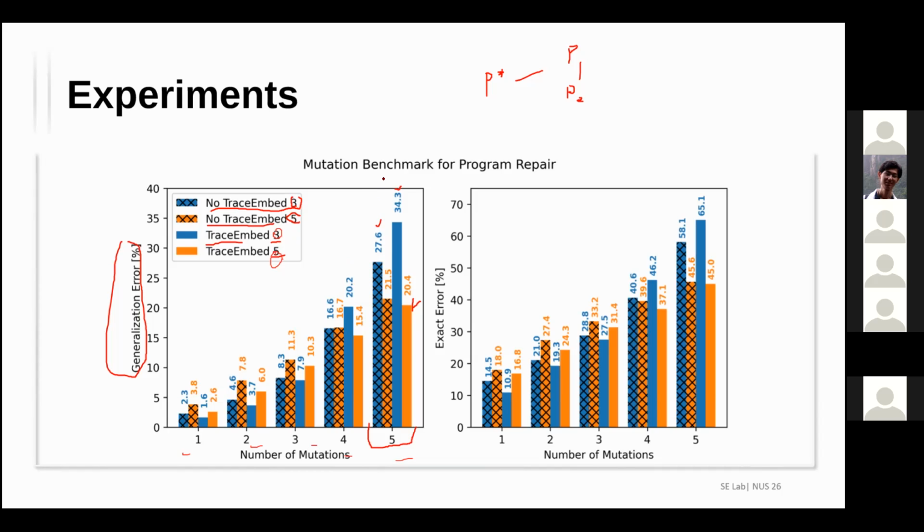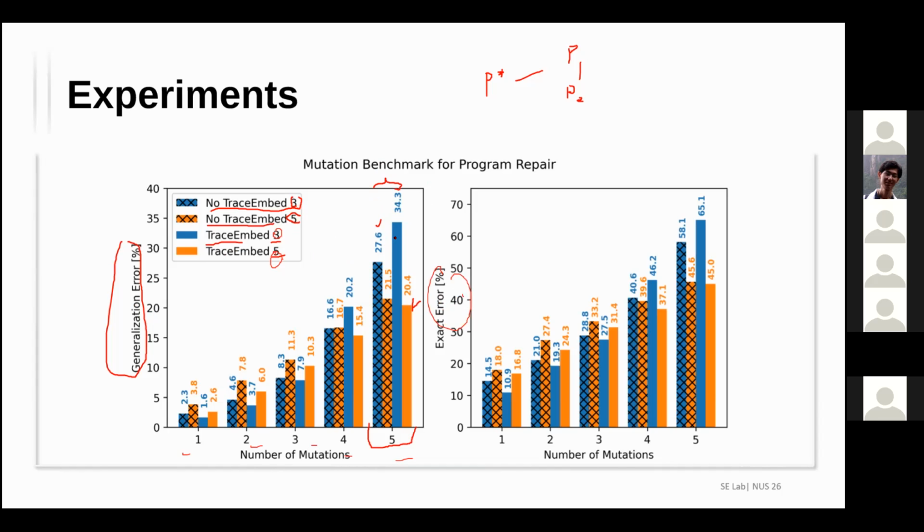What is the difference between the first and the second picture? Sorry, which one? Oh, this is the exact error, and this is the generalization error. So here the conclusion is that the trace embedding can play a role when the number of mutations increases. Yes, correct. But